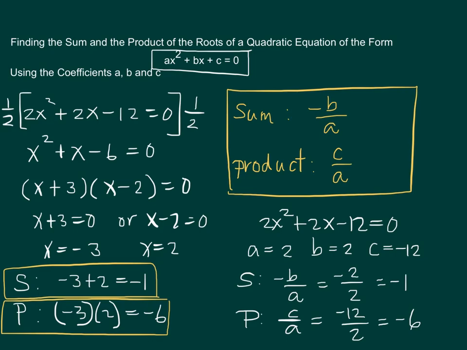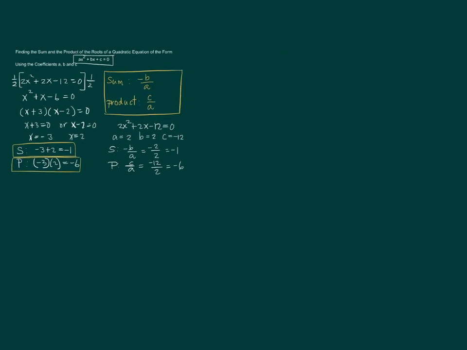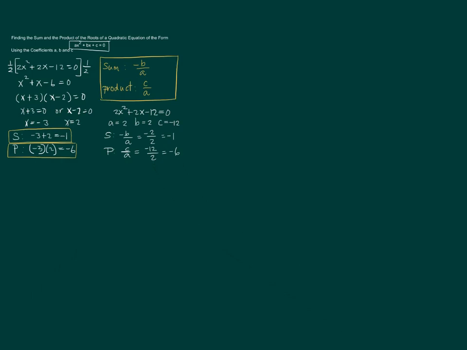So let me explain that using an example. Suppose we have now 3x squared minus 5x is equal to, say, negative 7. So this is a quadratic equation, but it is not yet in the form of ax squared plus bx plus c is equal to 0. So that means we need